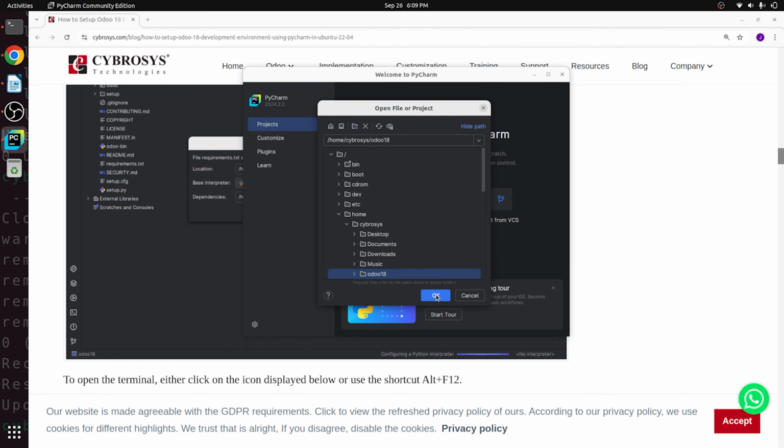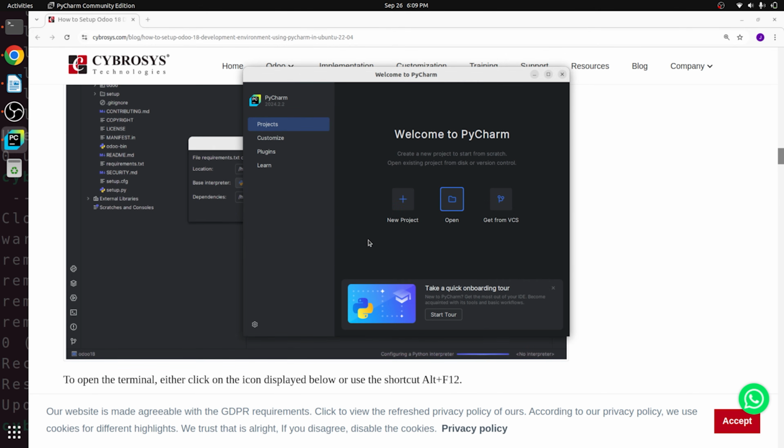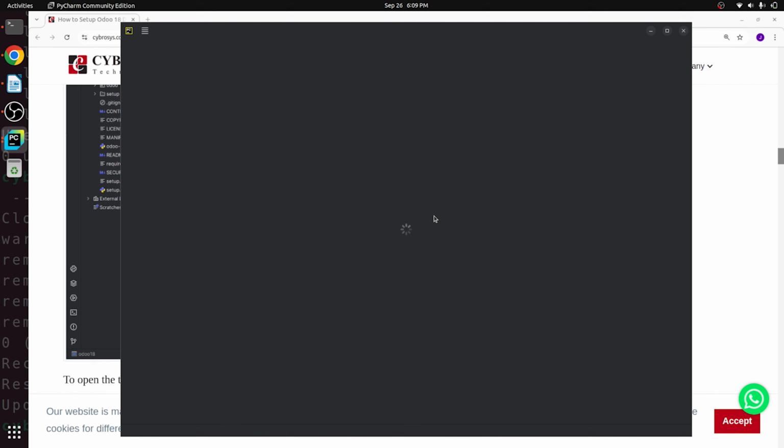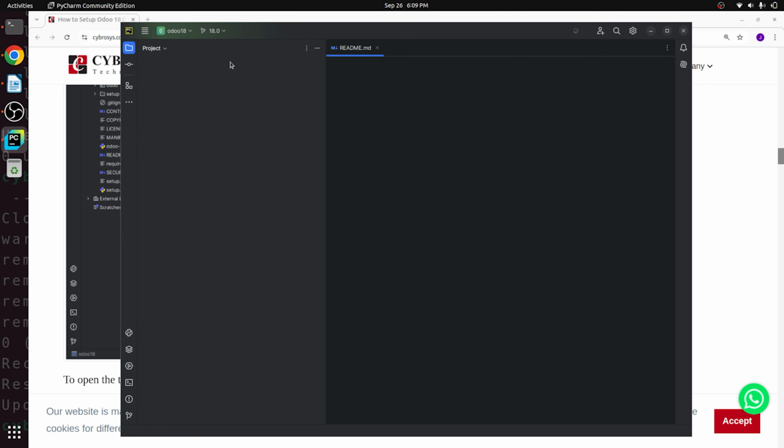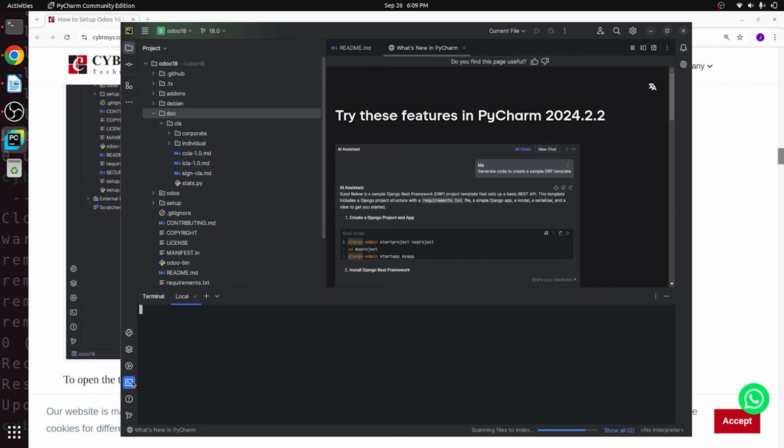Now click on OK, and here just enable trust project in home site browsers, and let's click on trust project. Currently we are opening the project over here, and you would be able to find that Odoo 18 has just launched over here. Okay, so the next step is that we need to create a virtual environment over here. In order to create the virtual environment, here you would be able to find the terminal. So let me choose the terminal,